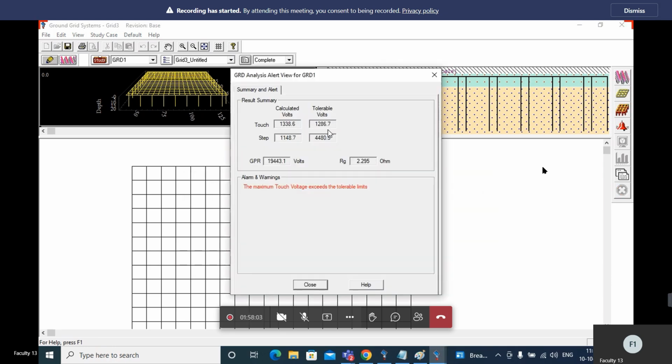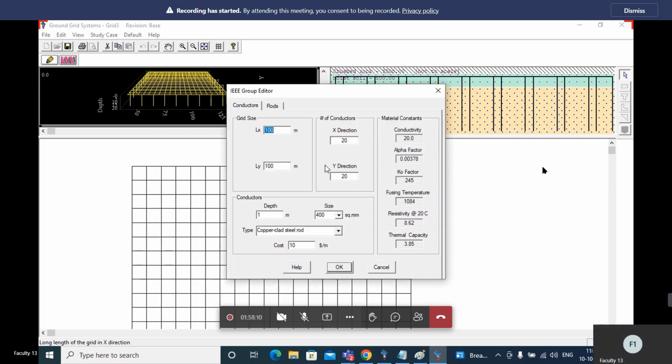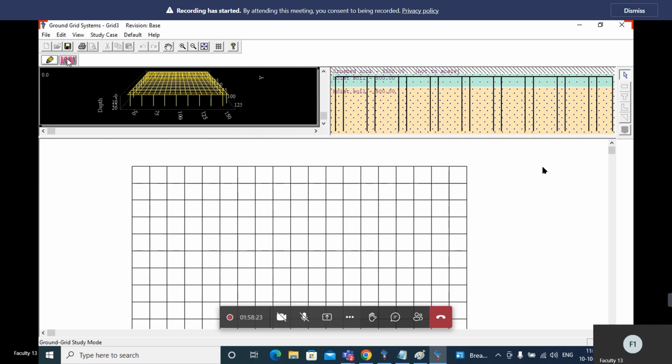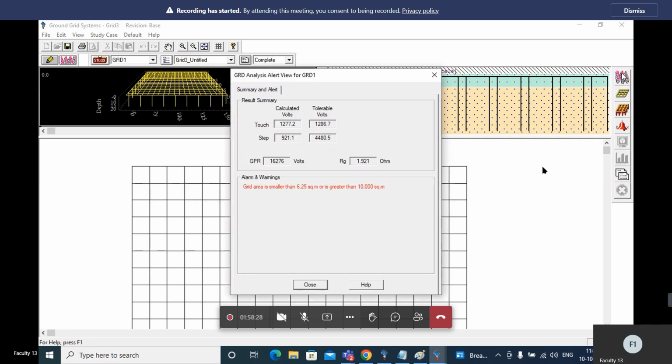Option 338. So that is the reason I increased the size here. I will check with 120. Okay. Can you see? But it comes under the limit, right?